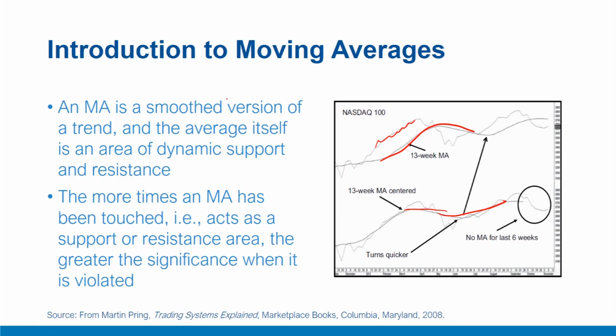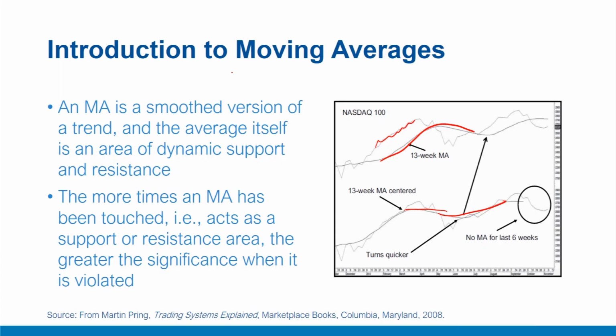A carefully chosen MA should reflect the underlying trend, and its violation therefore warns that a change in trend may have already taken place. If the MA is flat or has already changed direction, its violation is fairly conclusive proof that the previous trend has reversed. If the violation occurs while the MA is still proceeding in the direction of the prevailing trend, this development should be treated as a preliminary warning that a trend reversal has taken place.